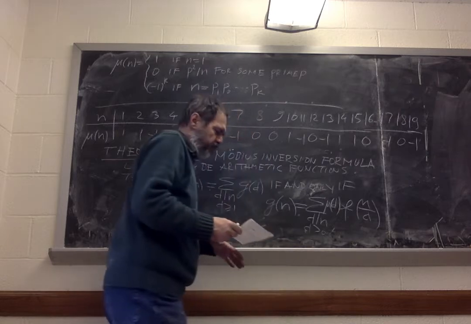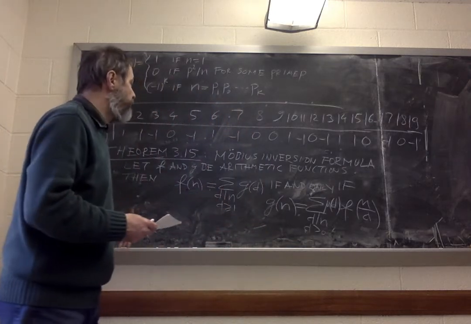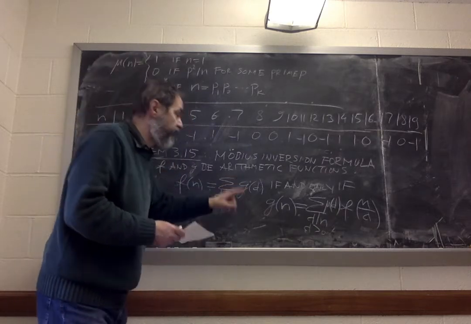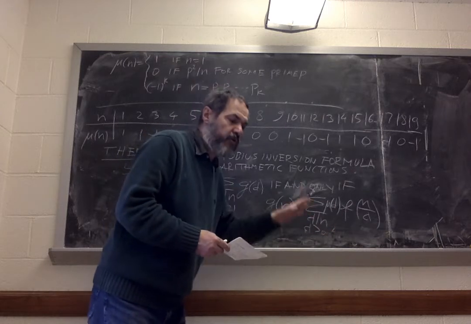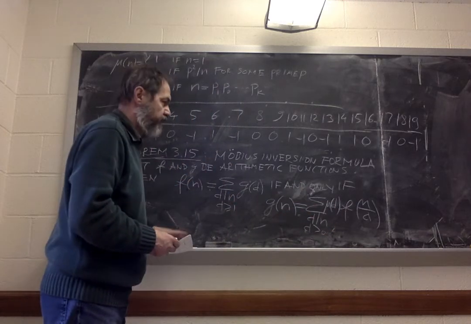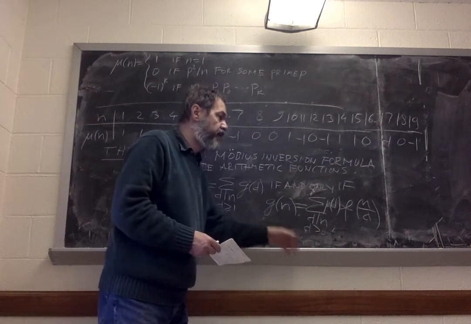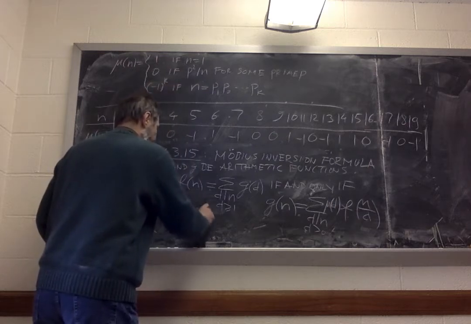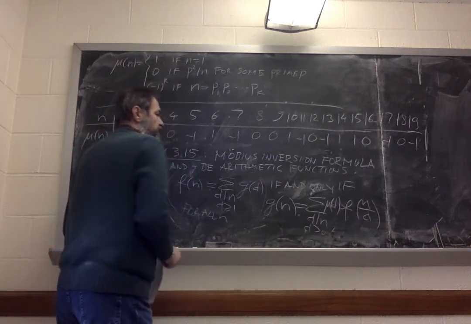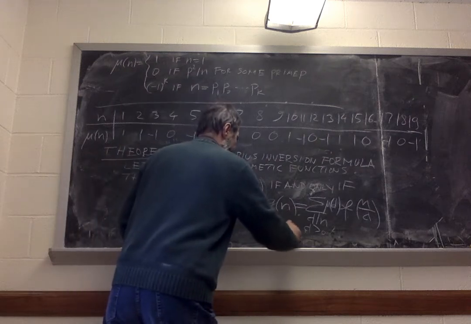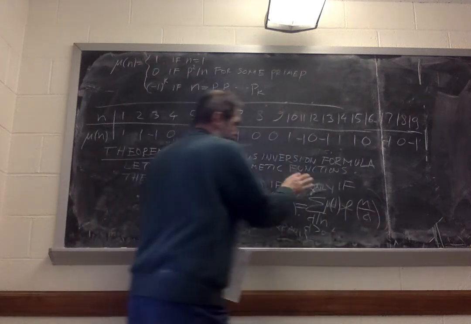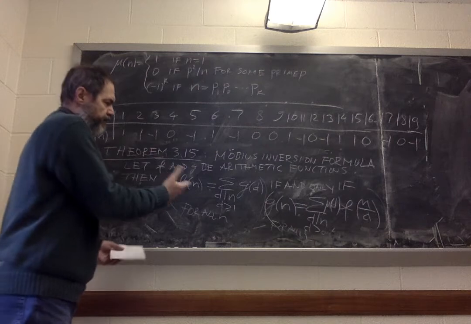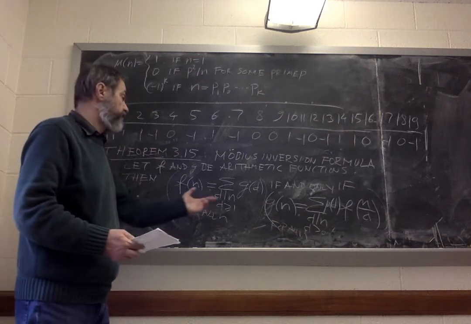But the way they wrote it, I don't quite like it, because what it needs to say is not the following: if f of a particular value of n is written like this, then g of that particular n is written like that. No, no, no. If this holds for all n, then this holds for all n. And if this holds for all n, then this holds for all n. So this is it, if and only if this for all n. So this is the so-called Möbius inversion formula, but it's a complicated thing to use in practice,